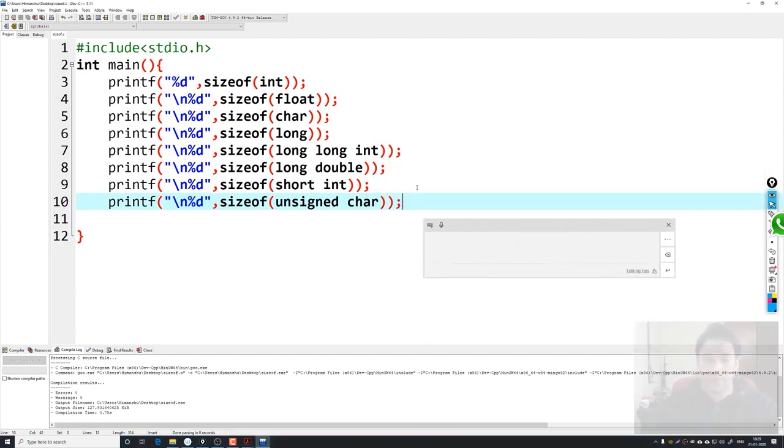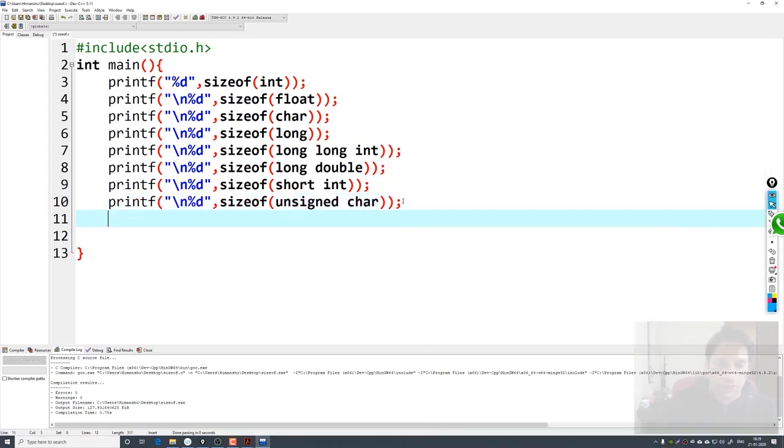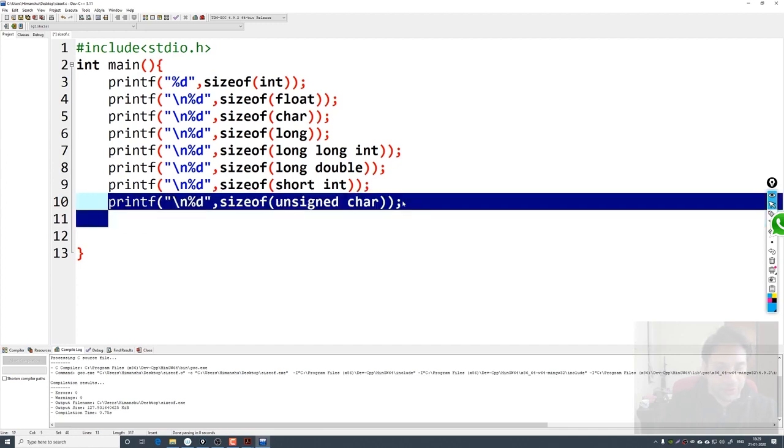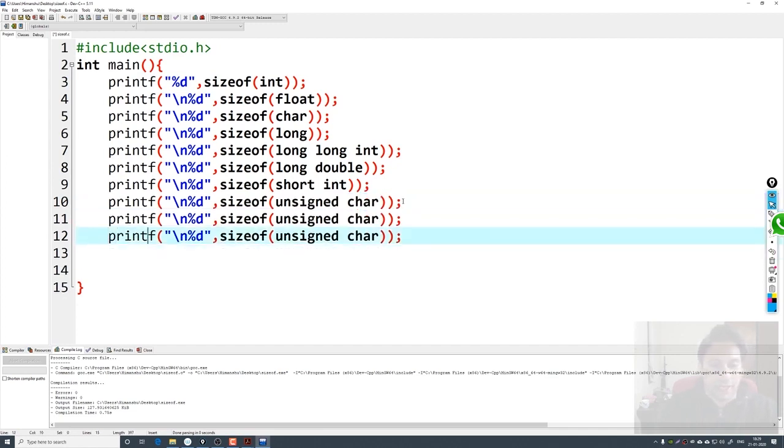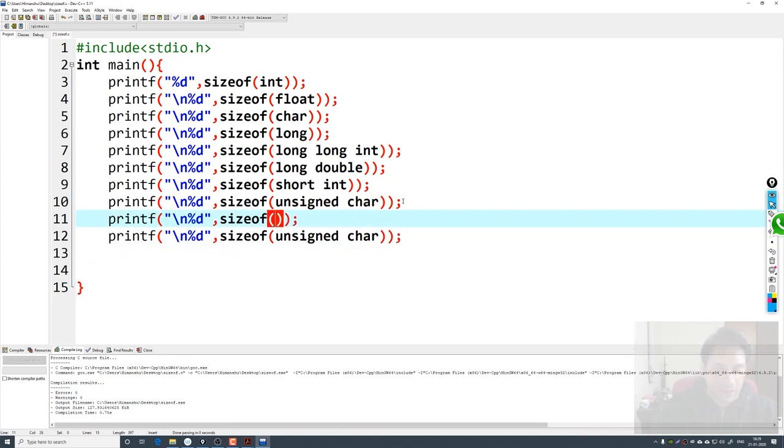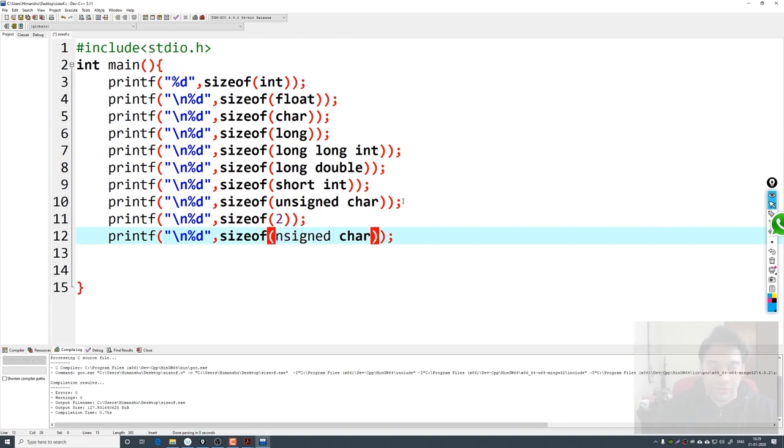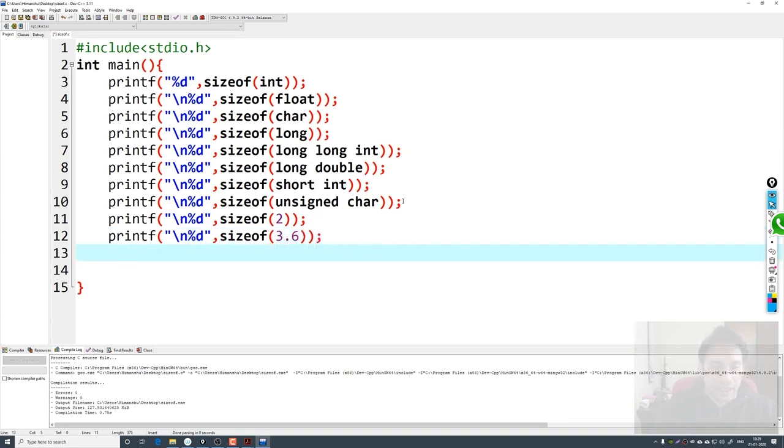If I use printf, I can find the size of 2, which is an integer. I can find the size of 3.6. I can also find the size of 3.6f.